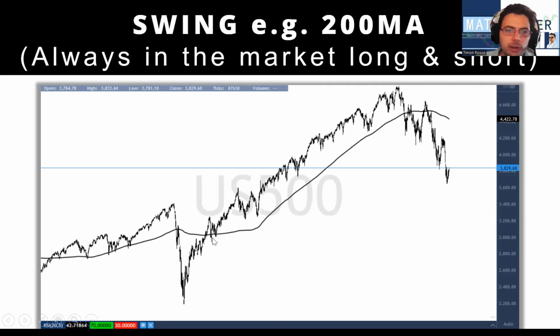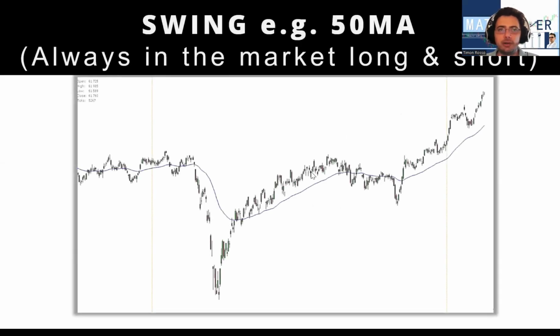Market closed up, you went long. And then there was this position where you got in, you went long, and you held it. And take a look at that. You would have made up for any loss that would have taken place over the whole year just because of this little trade where they followed the trend. And then here you would currently be going short. You don't know if the situation will form again, so you just continue to hold the market. You're always in the market when you're swinging, and you're following using the 200-day moving average. Very nice strategy. Next we have is swing with the 50-day moving average.